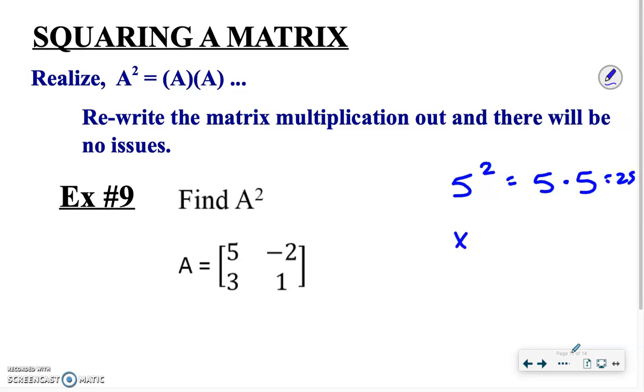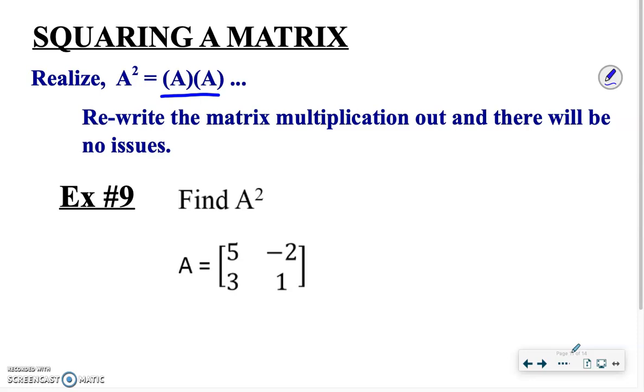Just like if you have x and we're squaring it, that's equivalent to x times x. If you have x to the 5th power, that's x times x times x times x times x. Again, that's what exponents are telling us to do. It's no different with these matrices. If we have matrix A, we literally multiply matrix A times matrix A to obtain